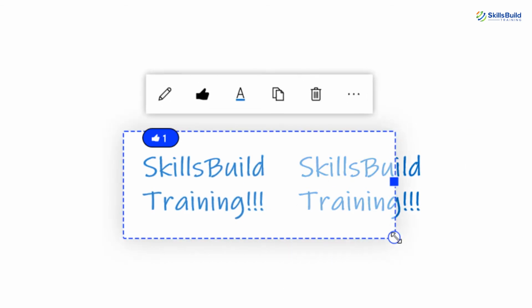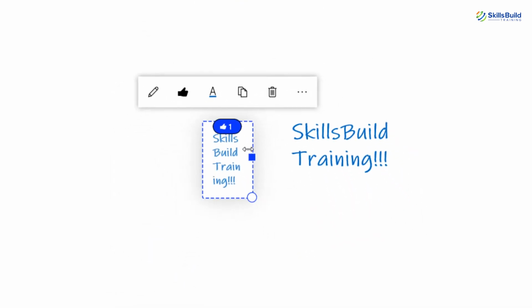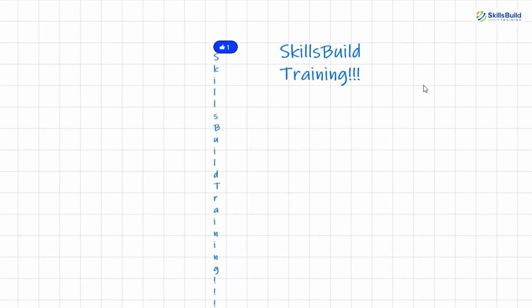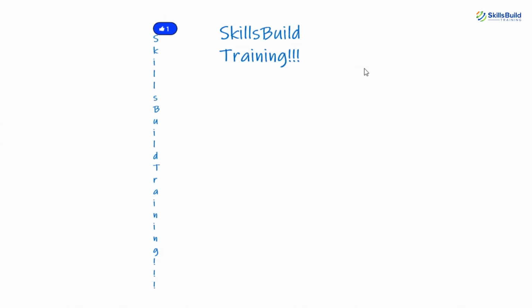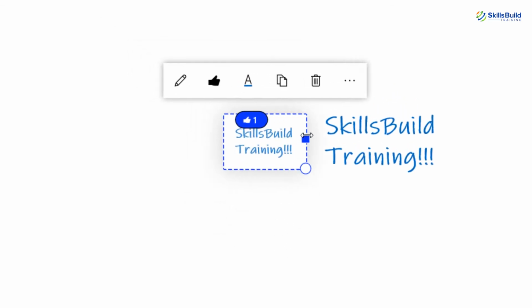Now simply clicking on it, you can spin it around. You can increase and decrease its size. Here you can see. Now move the canvas to see it properly. You can play around with it in order to make it the way you want. And the simplest way is, if you want to delete, simply click on delete and you will not be able to see this option anymore.